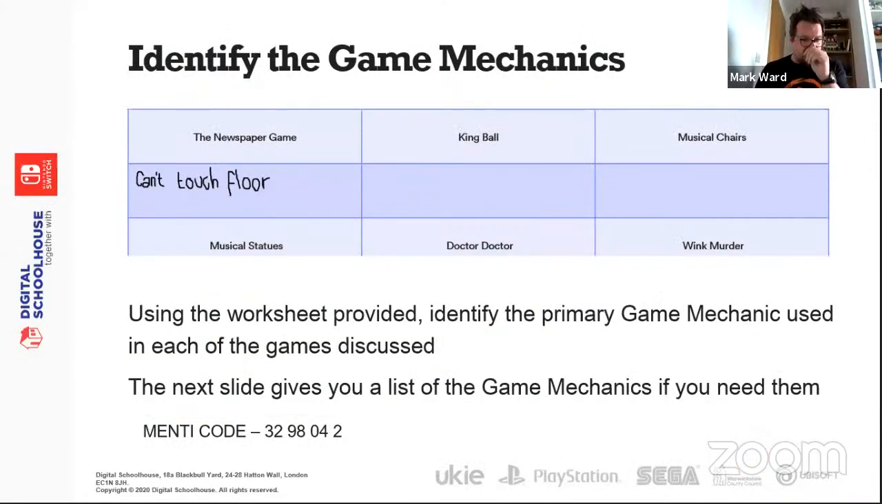All right, so what I'd like you to do now, using the worksheet or a piece of paper if you haven't got the worksheet, is to identify some of those game mechanics that we've used. The game mechanics I'll put back on in a second for you to have a look at. So just think of some of those games and what those game mechanics could be. If you'd like to put some of the answers into the Menti section, you need to put the Menti code in,